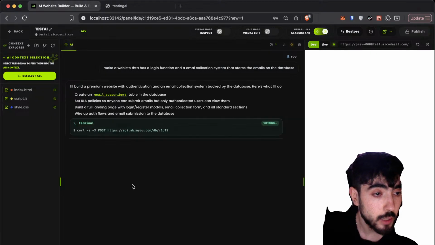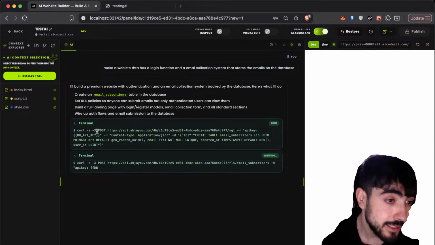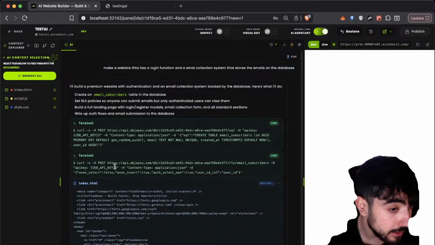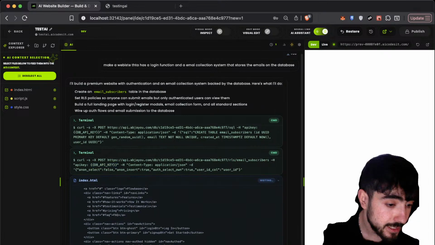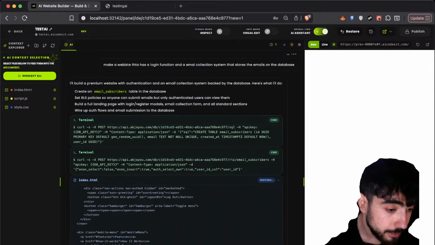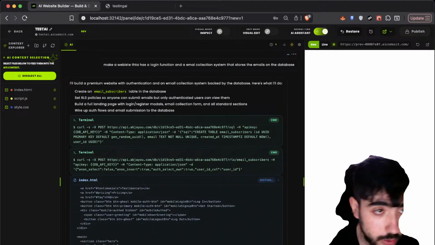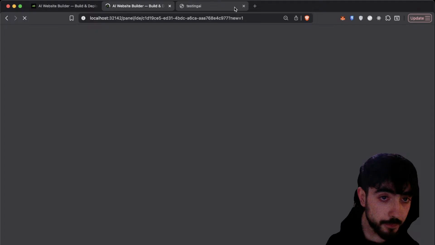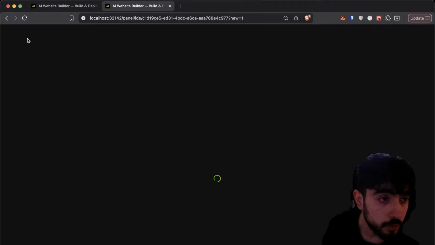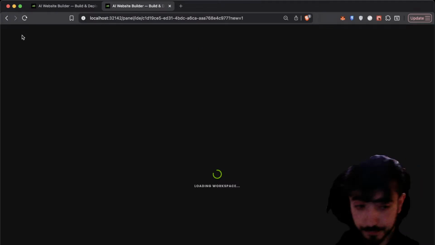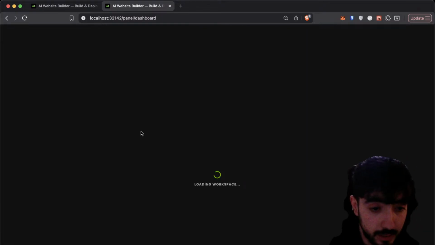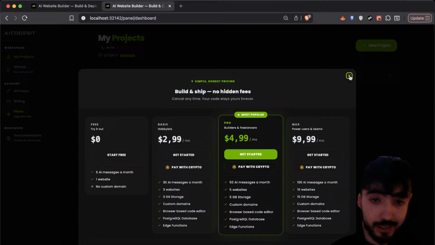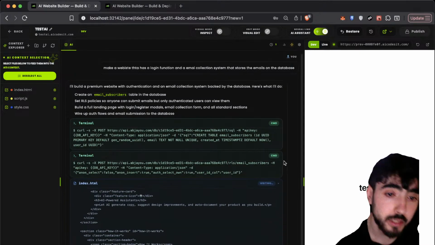So let's see this response, and I also want to see this model writing it. So okay, this one looks like it understands it. As I told you, it is doing this correctly, so it has a better understanding than the GPT 5.4 model. So now I'm going to duplicate this page, and I'm going to go back to the dashboard, and I'm going to create a new project. Oh, I cannot create a new project. I have to upgrade, but okay, so let's just stay on this project. Let's wait until it finishes.